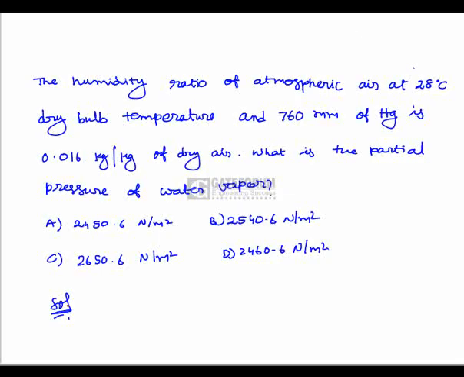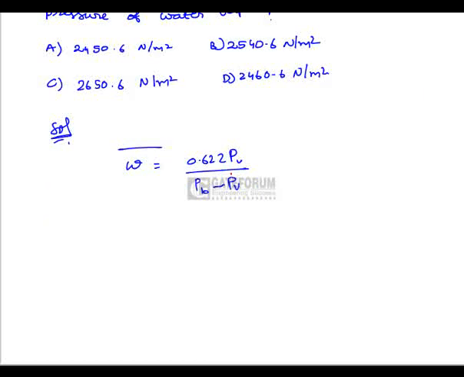The humidity ratio of atmospheric air at 28 degrees centigrade dry bulb temperature and 760 mm of Hg is 0.016 kg per kg of dry air. What is the partial pressure of water vapor? Here we know that the humidity ratio omega is equal to 0.622 Pv by Pb minus Pv, where Pv is the partial pressure of water vapor and Pb is the atmospheric pressure. Here omega is given as 0.016 and Pb is given as 760 mm of